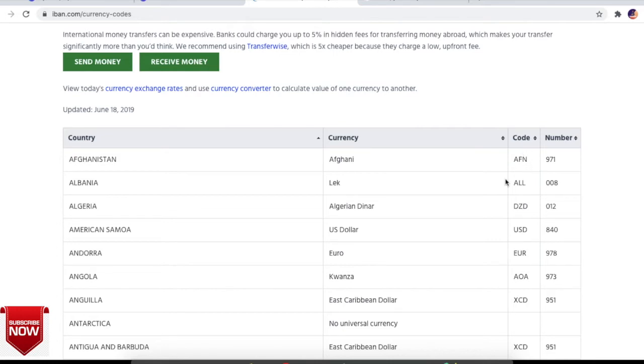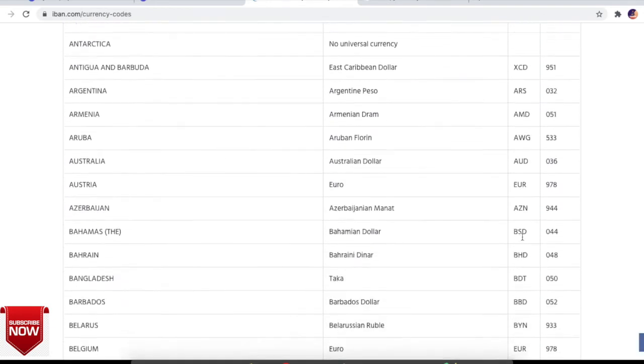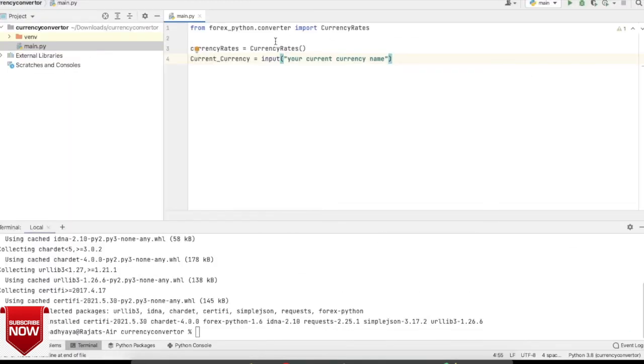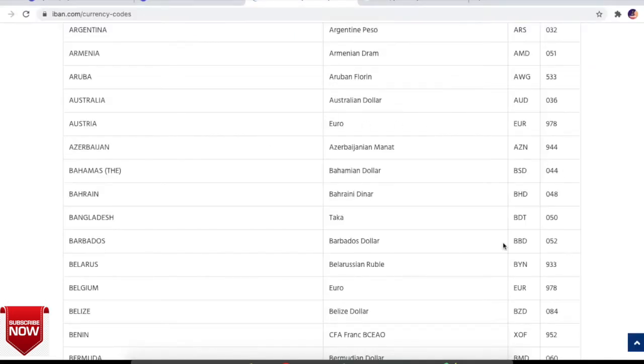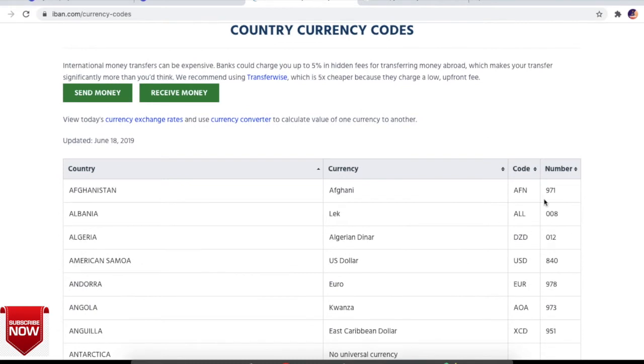So here the user will pass the currency code, what the current currency is and what the code of that currency is. Usually all these codes are in uppercase. Suppose you type in lowercase, then it will show an error because it is not going to recognize it, because Python is case sensitive.